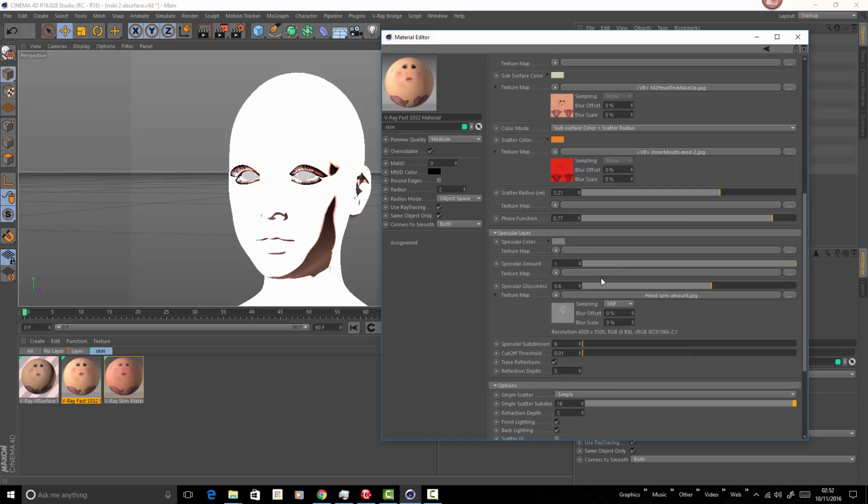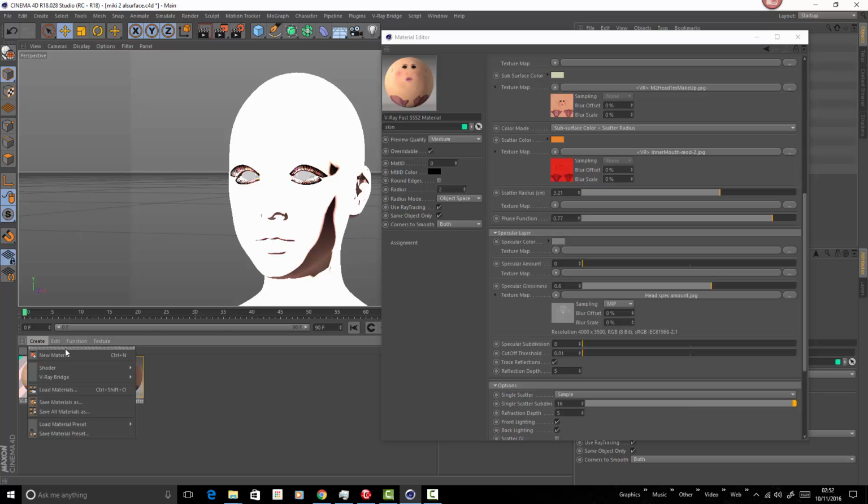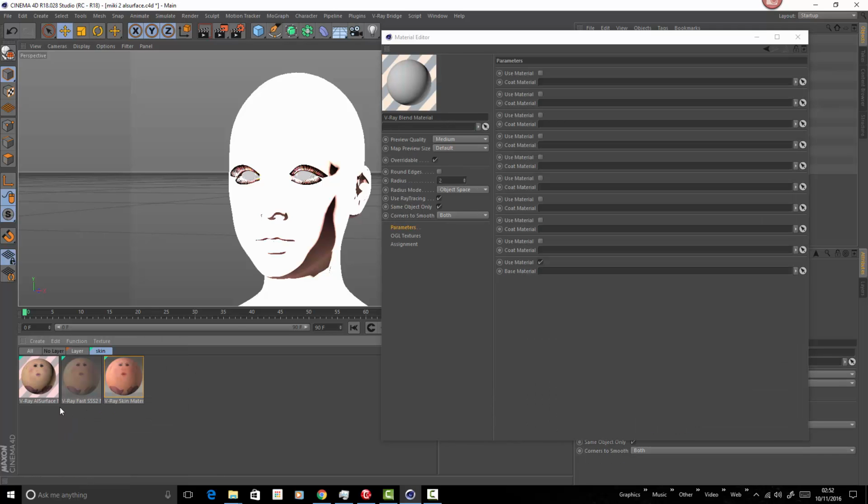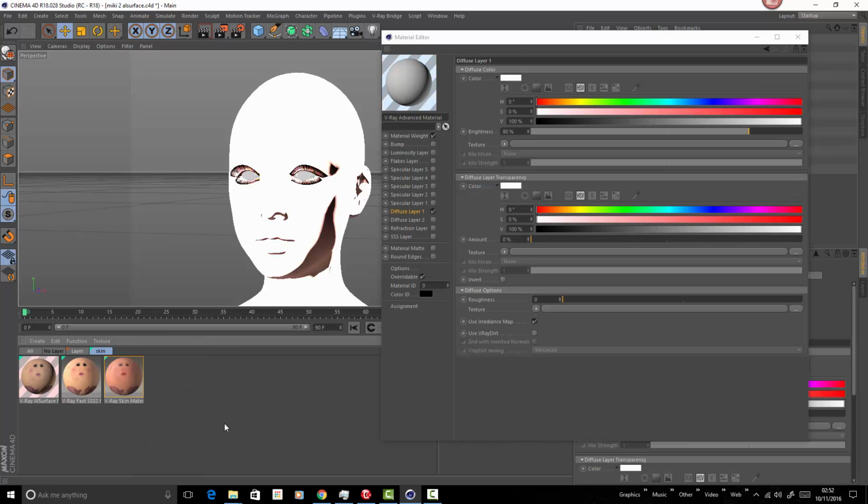So that's one thing you can do. You just turn the specular amount down, you go to create, and we create a blend material. There it is. And in the blend material we would drag and drop our fast SSS2 into the base layer, and then we would create an advanced material,